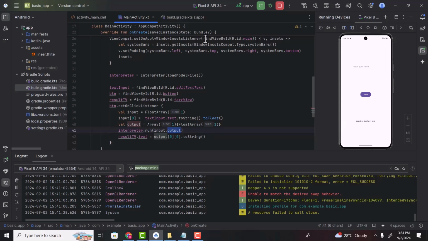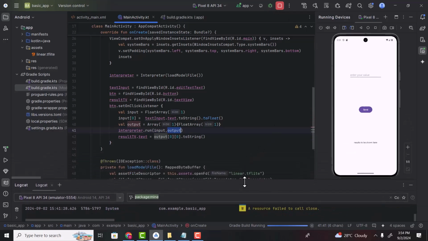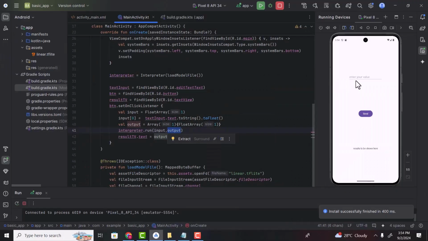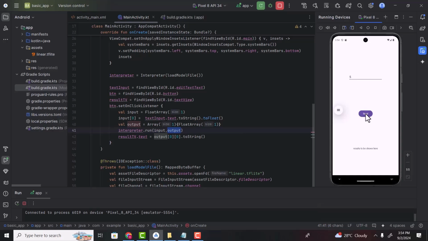So now after doing that, what you can do is to simply run our application again, and then we can simply test it, and after that we will quickly repeat these things. So there you can see our application is installed again. So let's enter a value, like I will enter 5 and then click on this send button. And there you can see the output, which is 8.99,